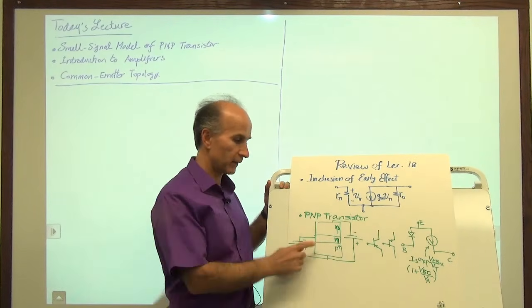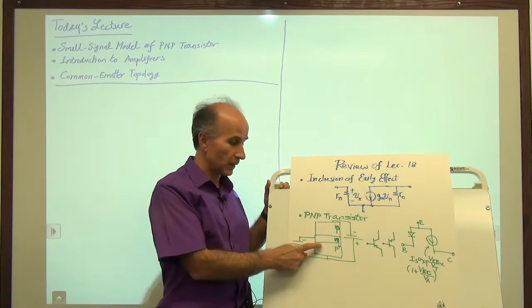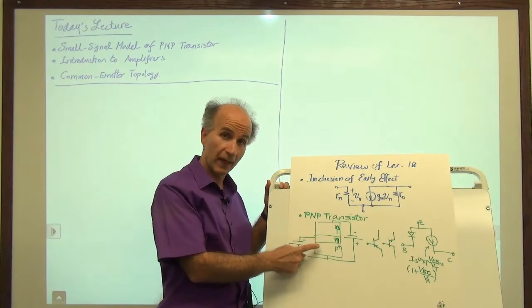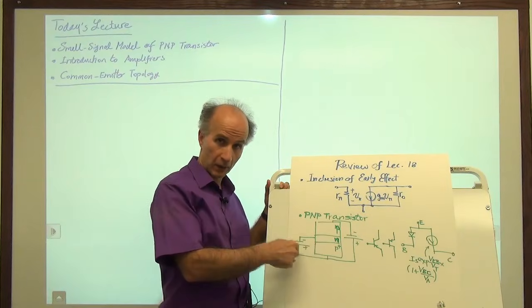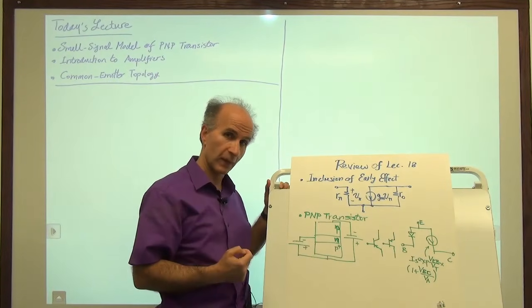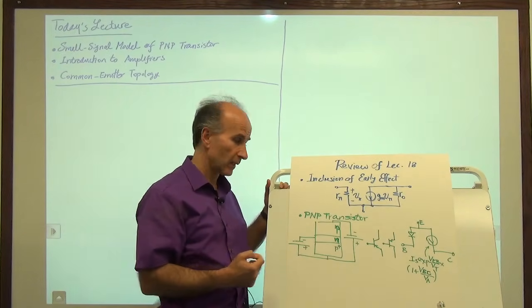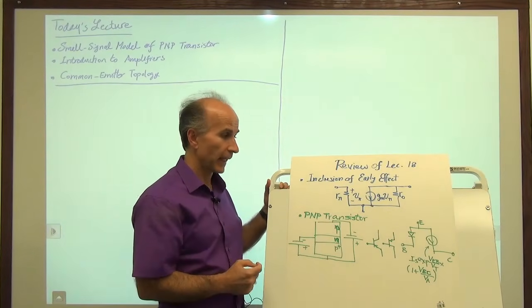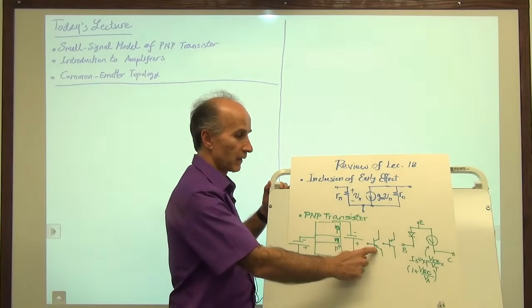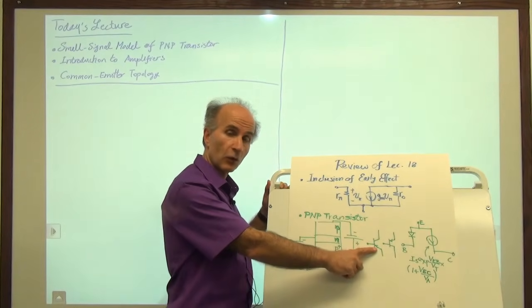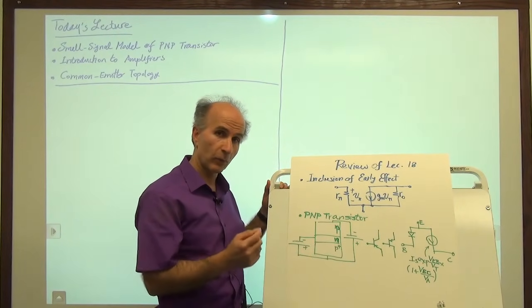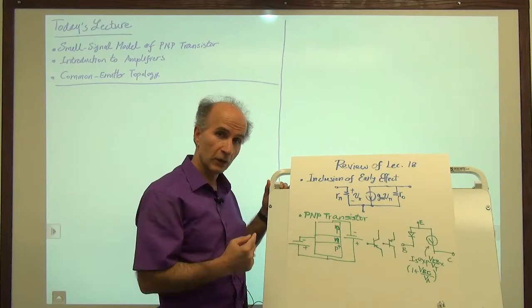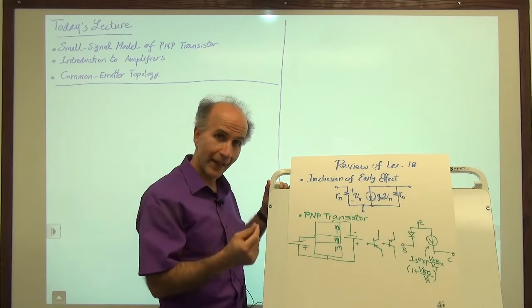So to ensure that the base emitter is forward biased, the base has to be more negative than the emitter, in contrast to what we saw for the NPN transistor. Similarly, the collector has to be more negative than the base. And we said that the symbol of the transistor incorporates an arrow pointing inward to distinguish it from the NPN